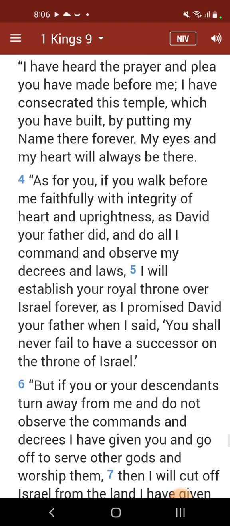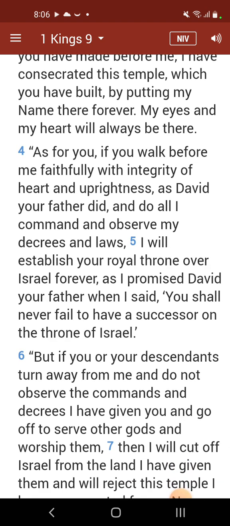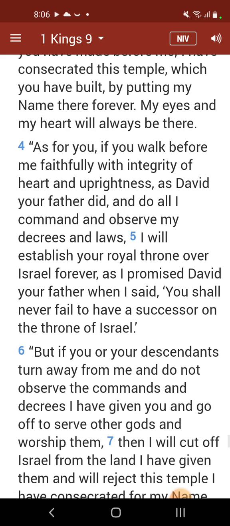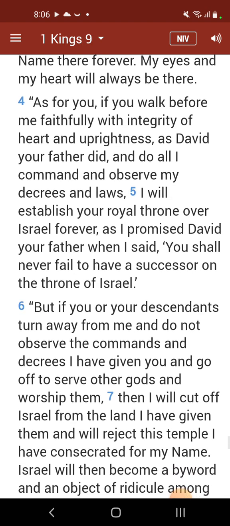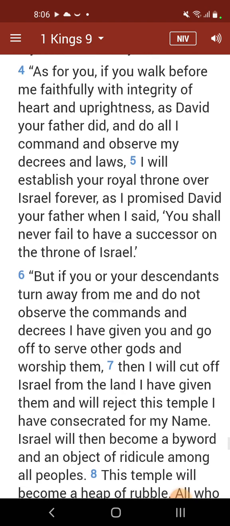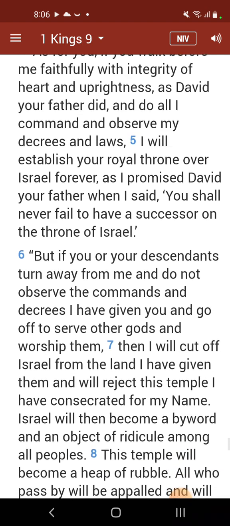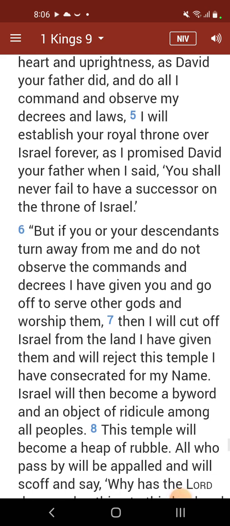As for you, if you walk before me faithfully, with integrity of heart and uprightness, as David your father did, and do all I command, and observe my decrees and laws, I will establish your royal throne over Israel forever, as I promised David your father, when I said, you shall never fail to have a successor on the throne